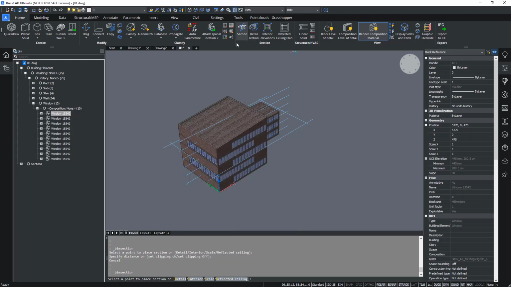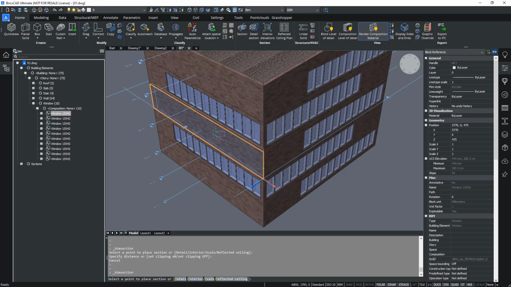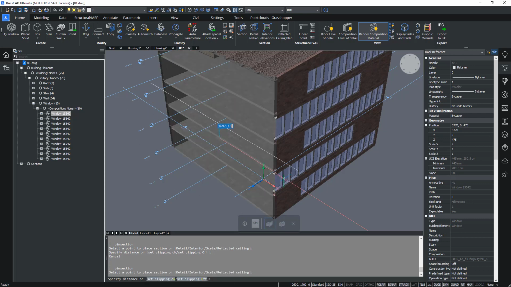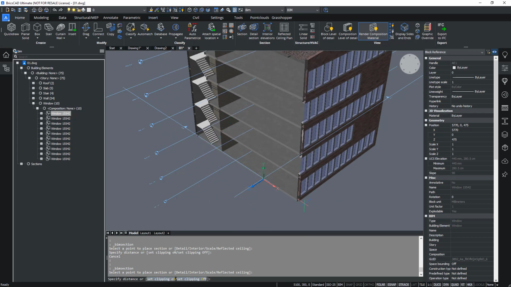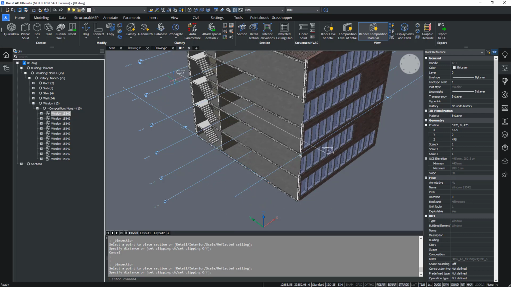And then optionally, if you want to lock and make sure that it's certainly this face which is being selected to make a parallel section plane to, you can hit the Shift key, then the face will turn blue. And then you can make a section in a similar way, but you know for sure that now it's based on the orientation of that face.